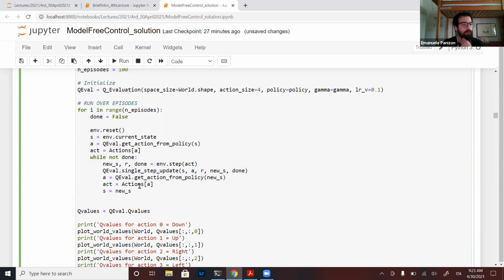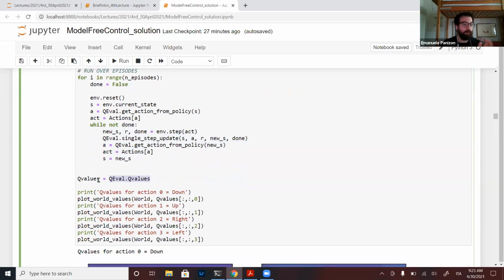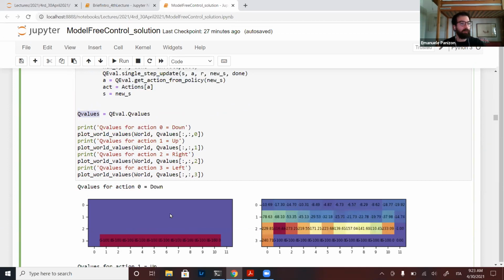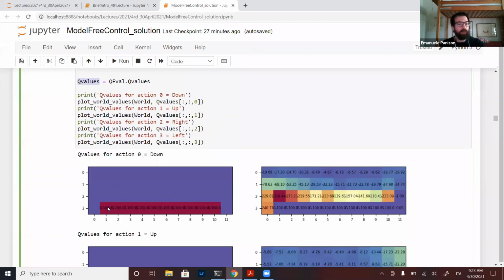At the end, I've accumulated the Q values inside the class, and I'm asking for them. So now in Q values I have the Q values evaluated for that single policy for that world. Now we can watch them. These are the Q values for being in a state on the right and doing the action down.